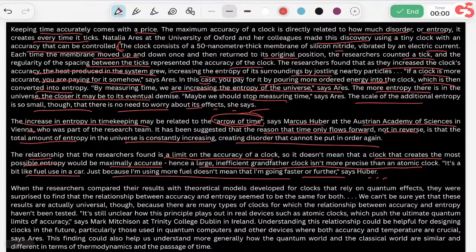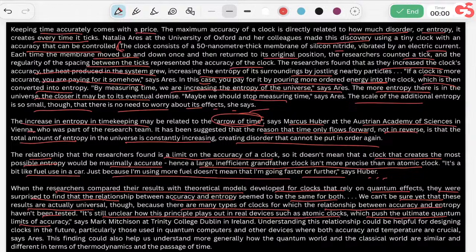6 RCs. When the researchers compared the results with theoretical models developed for clocks that rely on quantum effects, they were surprised to find that the relationship between accuracy and entropy seemed to be the same for both. We can't be sure yet that these results are actually universal, though, because there are many types of clocks for which the relationship between accuracy and entropy haven't been tested. It's still unclear how this principle plays out in real devices such as atomic clocks, which push the ultimate quantum limits